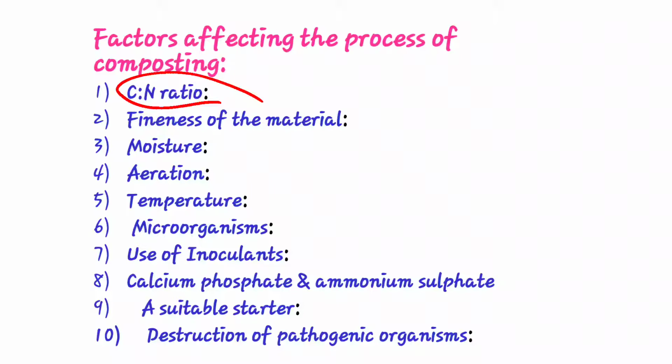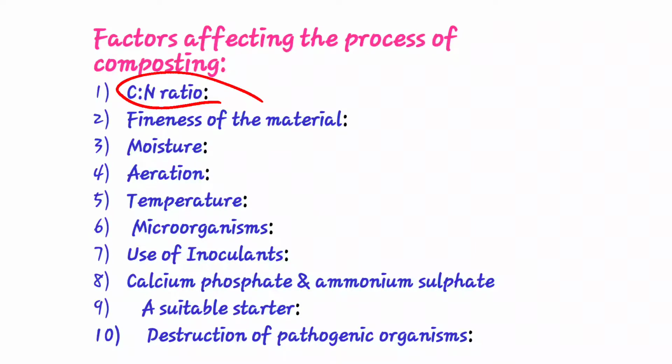If the C:N ratio is below 20, the available nitrogen or nutrients are released from the microbial decomposition process and become available to the crops at the proper time. This means a high C:N ratio material is used for this decomposition process. The C:N ratio also affects the chemical composition of compost.